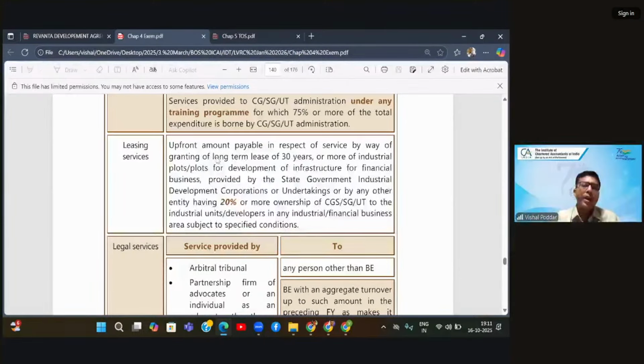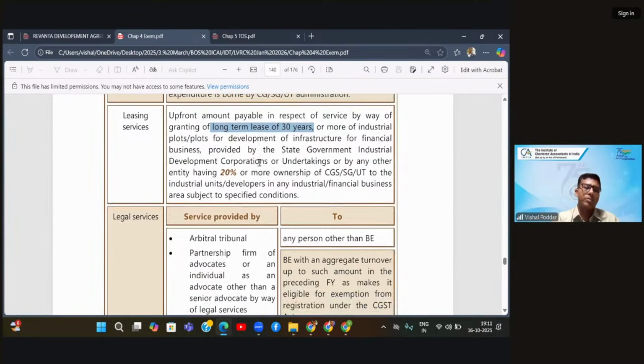Now, where I'm taking the lease from these government bodies and the lease period is of 30 years or more, they charge me an upfront lease premium. This lease premium is fully exempt from GST. But what is important is this is exempt only when it is charged by government to me. So let us say I have taken the plot on 99 years lease. I have run the lease for 30 years. Now for remaining 69 years, if I'm passing on this lease to you, it is not covered in this exemption,